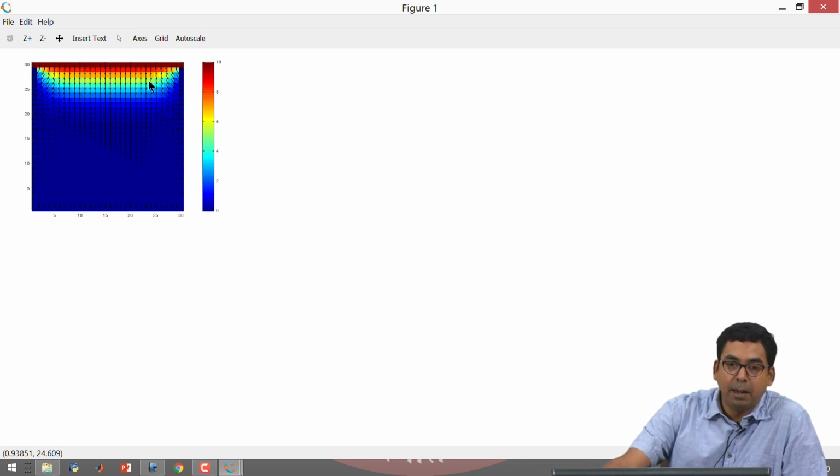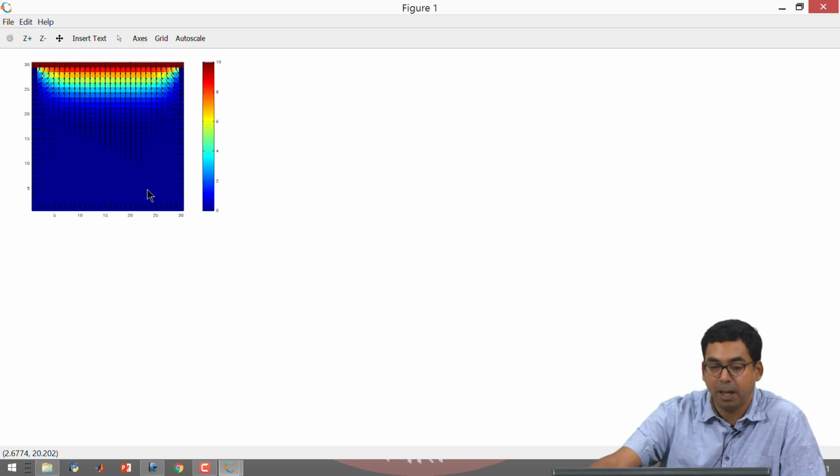The top plate is having a voltage of say 10 volts, okay, it's a source. The electric field is going to emanate normally from that surface. All the other plates are at 0 volts, so the electric field has to terminate normal to the surface. All right, in between it will curve, the electric field lines will not cross each other, okay. All these conditions are taken care of, okay.